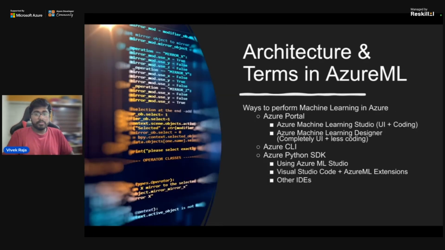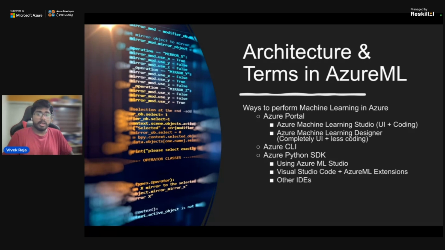So now we know what machine learning is, how machine learning works, and what the challenges are if you don't go for something that leverages machine learning operations, or a service in the cloud that you could leverage. So, how could we now start with Azure Machine Learning? What terminologies do I really need to know? How do I start?